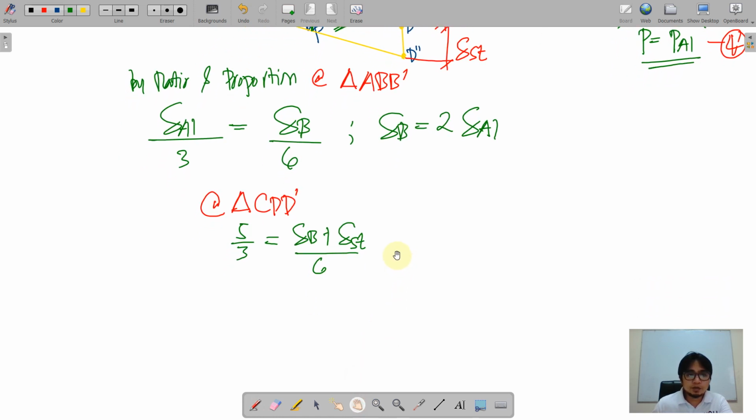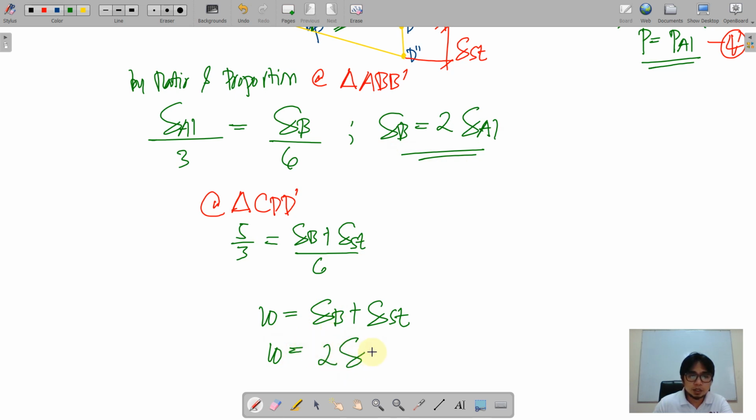So simplifying further, 5 times 6 is 30 divided by 3, that is 10. 10 is equal to delta B plus delta steel, and here we substitute the value. Say 10 is equal to 2 delta aluminum plus delta steel. So all in terms of aluminum and steel,